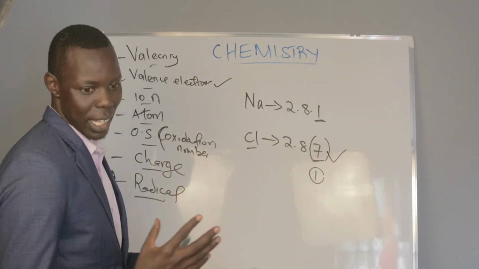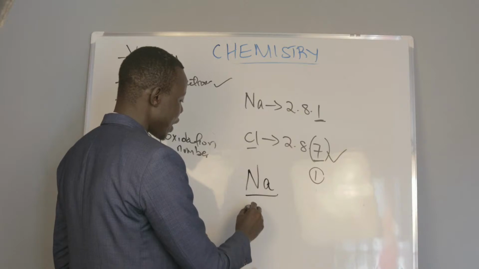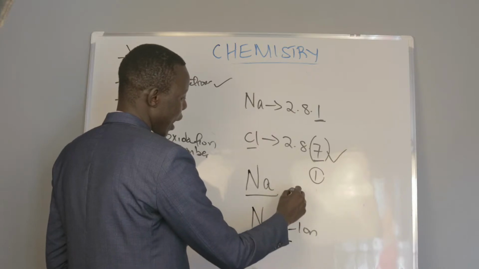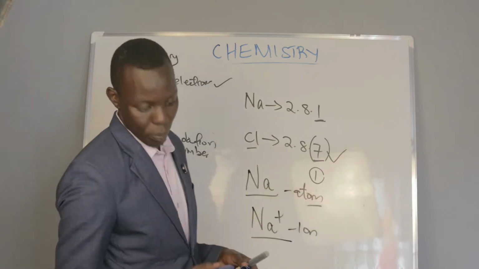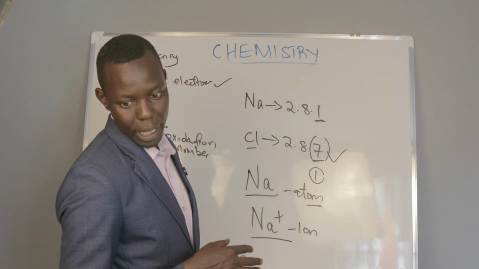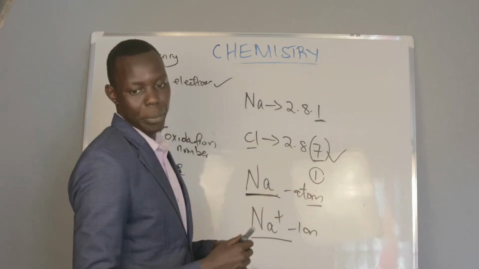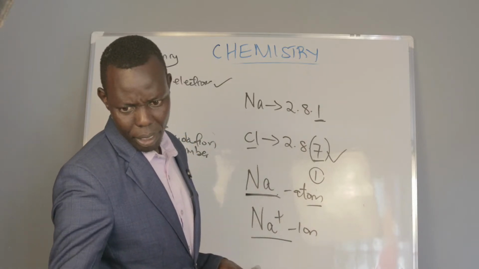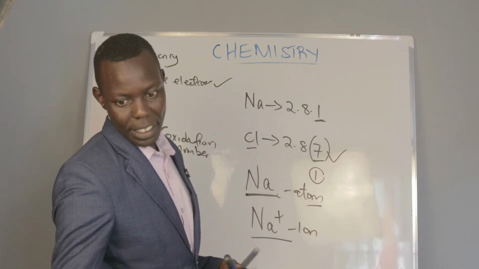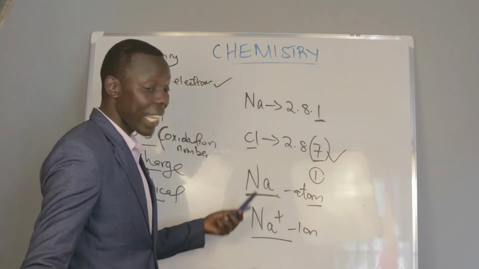Ion, look here, boys and girls. Sodium, when I write it like this, this is atom. But when I write it like this, this is ion, and this is atom. So we all know, let me read one of the definitions for one of you. Heidi says the atom is the smallest particle of an element which can take part in a chemical change. Yes, that is now sodium. What about ion? Ion was defined by Heidi again. Heidi said it's the charged particle formed when atoms gain or lose electrons. Thank you. So it may lose electron.